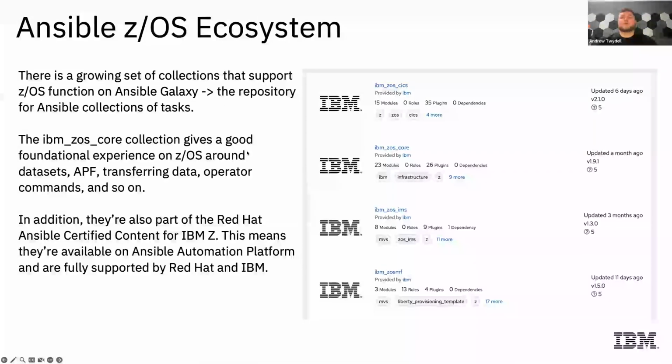So there is a growing set of collections for z/OS on Ansible Galaxy. And Ansible Galaxy, that's the repository where Ansible collections live. I like to compare it to Java having Maven Central or Node.js having NPM, Node Package Manager. Ansible has Ansible Galaxy. So this is the IBM z/OS core collection, it gives you